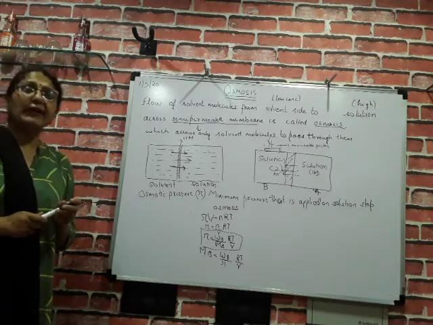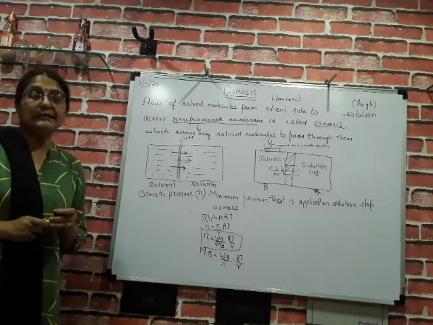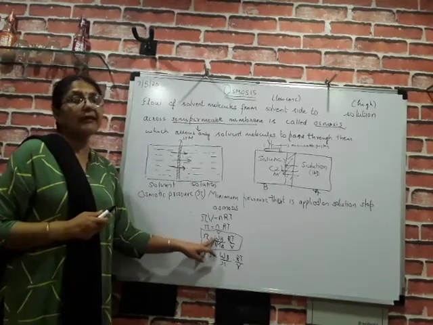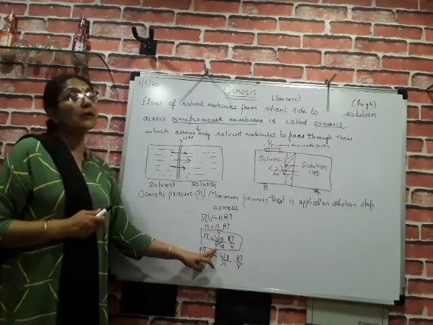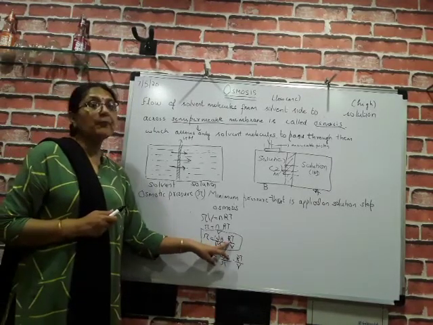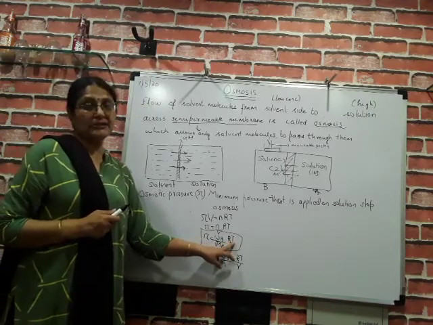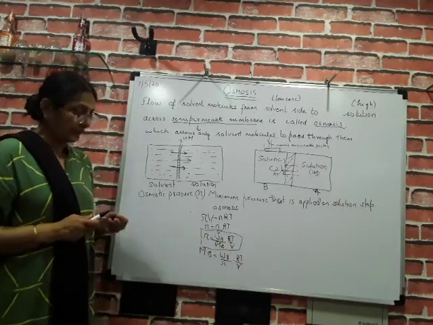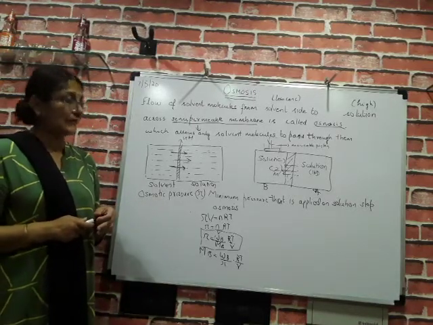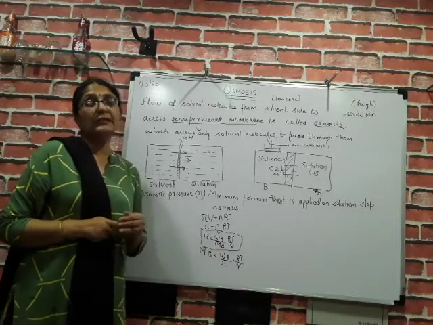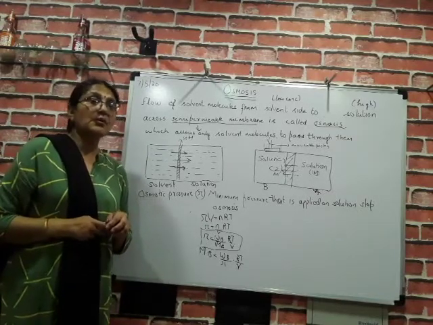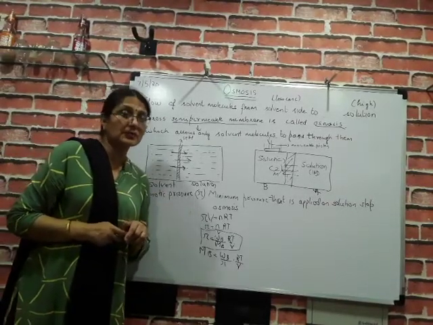So we can say the answer will be pi equal to WB, 5 grams, upon MB. Molar mass of urea, NH2CONH2, is 60. R is 0.0821. Temperature, since it is taken at 25 degree centigrade, is 273 plus 25, upon V. Volume is 100 milliliter and that I will change to liter. So the solution has been provided in notes.